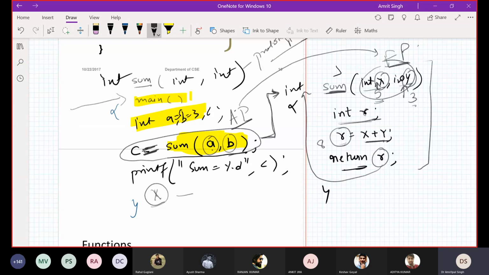Where is it going to return it? To where I called it from, in place of that call it is going to return the value of r.